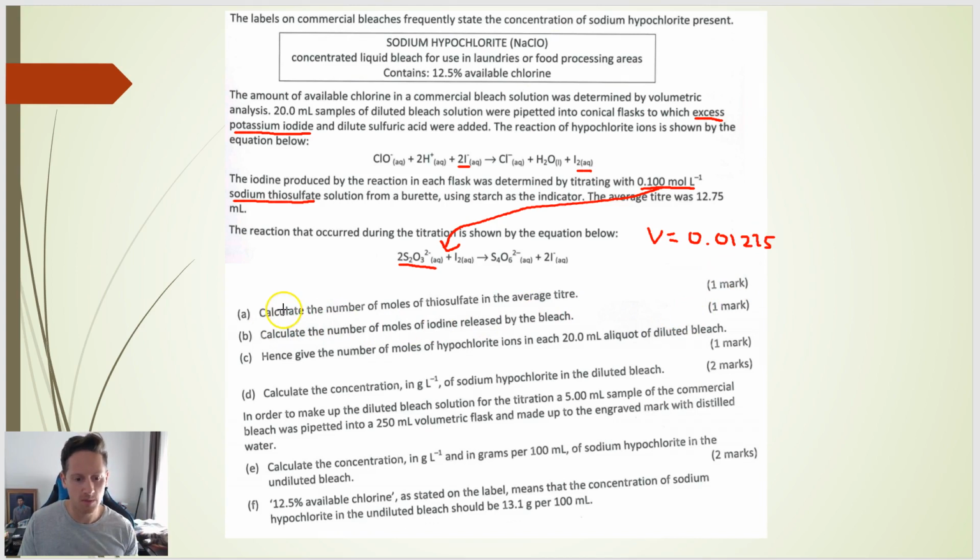So what we want to do, we're breaking it down step by step. What's the number of moles of thiosulfate in the average titer? For that, you've got a concentration, you've got a volume, so that's a relatively simple calculation, step by step moving down. Please pause this video, have a go in your books, and see how you go with this indirect